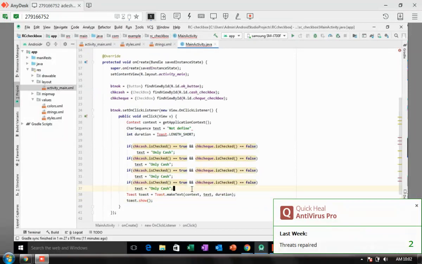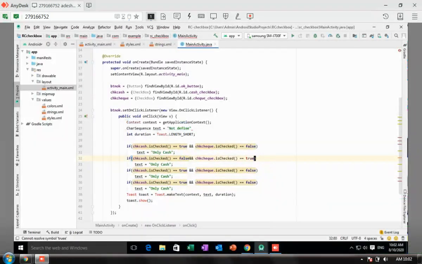So there are basically four combinations. Here the first one is checked. If the first one is false and the second is true, that indicates the second choice is selected. That means only check payment. Only check payment is made.